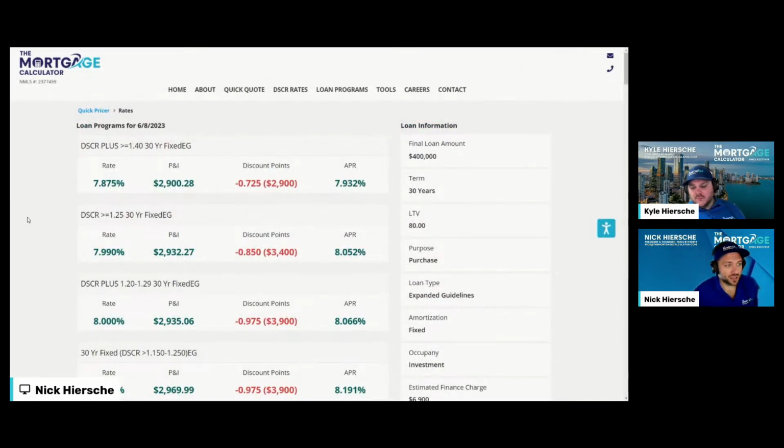So great option here at the top. Obviously the best, 7.875, a little bit higher rate, but we've saved the discount points, 0.725 discount points. So our investor, instead of $14,000, now can get this property with just $2,900 in cost here. So very comparable. Most of our investors select these DSCR programs when they compare it to conventional because of the flexibility and to save cash out of pocket. The APR here of 7.932, obviously a little bit higher for a non-QM investment property than a conventional, but a